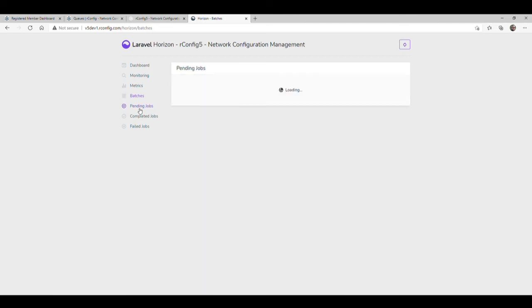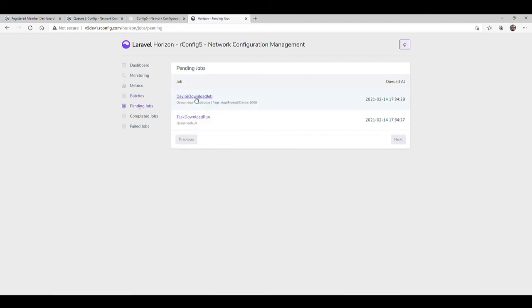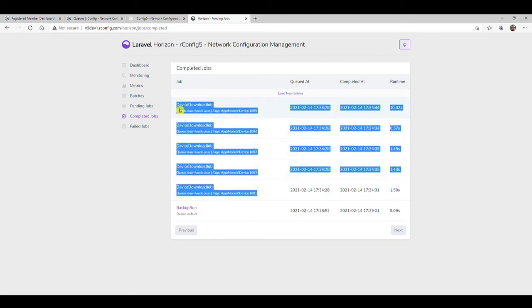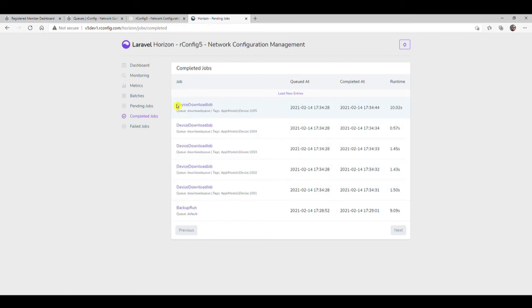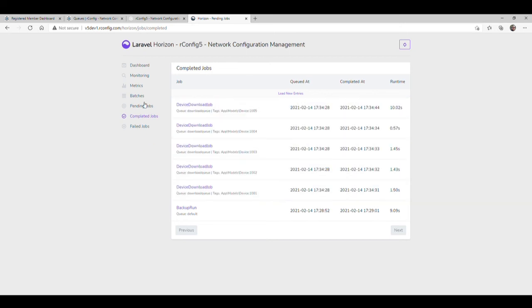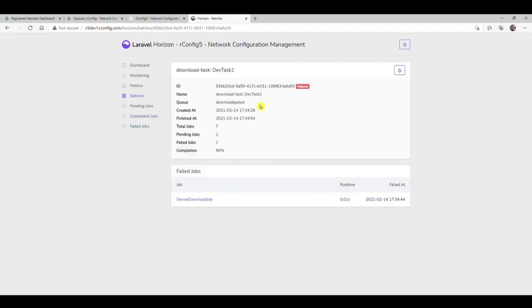Takes a minute. What I am looking at here is individual jobs go into the pending job queue, and when they're completed, they go into the completed jobs queue. Now, as I said, this means that every device gets its own job in the queue, which is extraordinarily powerful in terms of performance, and it's non-blocking, right? But we can see one failed, right? And if we look at the one that failed